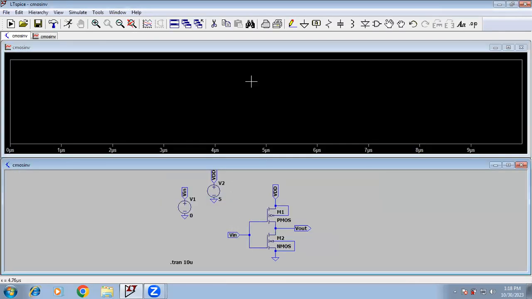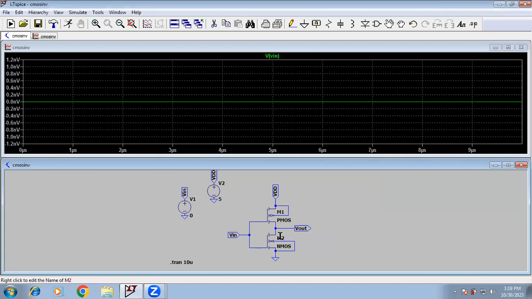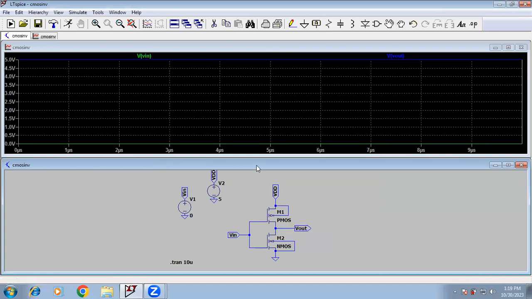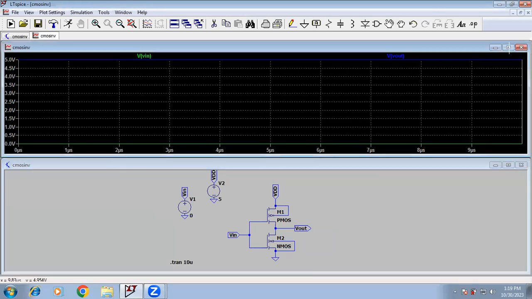Now this simulation window will be here, and when we move on to our design, this pen or simulation tool will appear. So we click on this Vin and click on this Vout. So once we maximize this window,